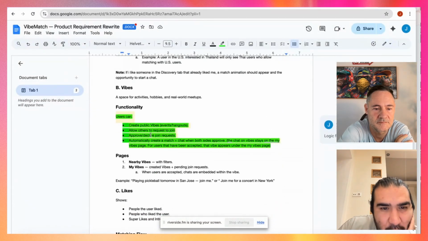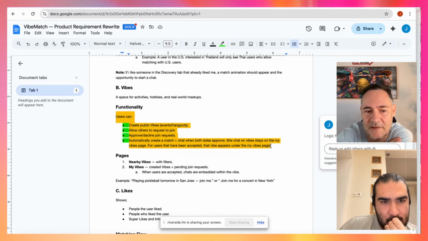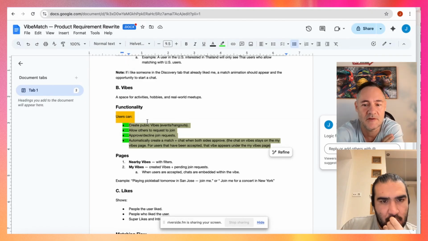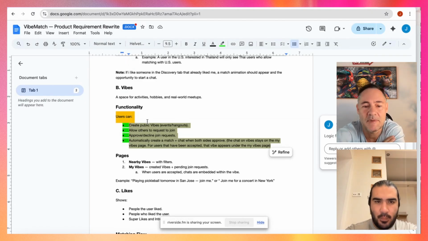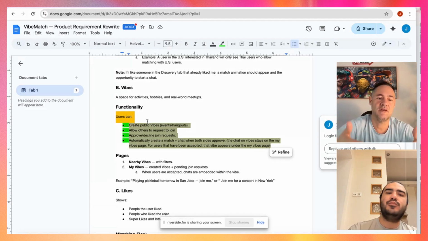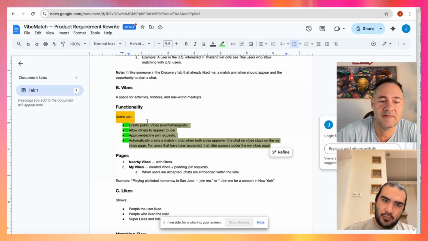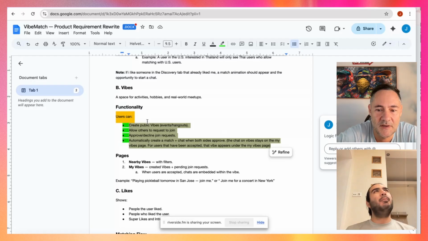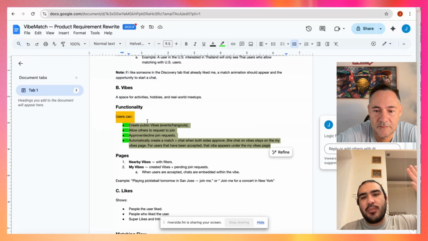So what's the logic? We create a public vibe, events, hangout, and allow users to join. Basically, let's say you're traveling somewhere and you just want to go watch a movie or eat dinner, whatever it is. You can create something, and other people can see that vibe and request to join. On the screen you can see everybody who joined, and you can accept or decline people. It's more like couch surfing, where you say, hey, I'm going for a walk, or I'm going for a beer, and people can join you.